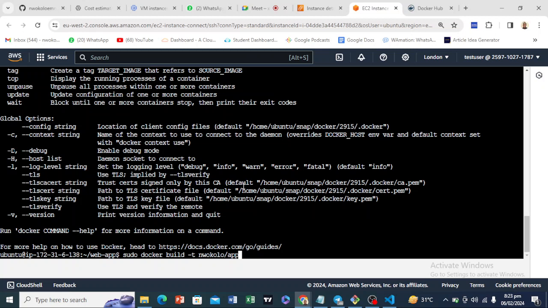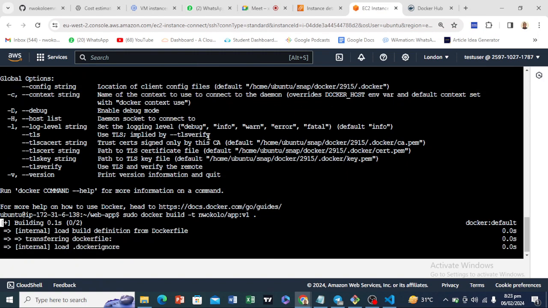And I can give this a version also, let's say v1, then a full stop that tells docker that whatever we're building is in this same directory, right? So we can run this,